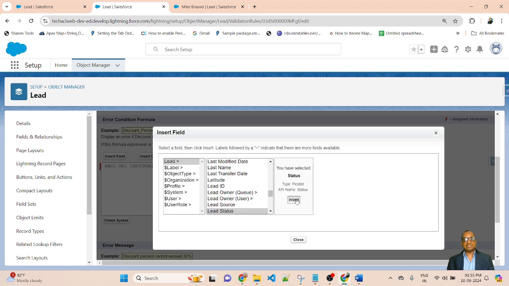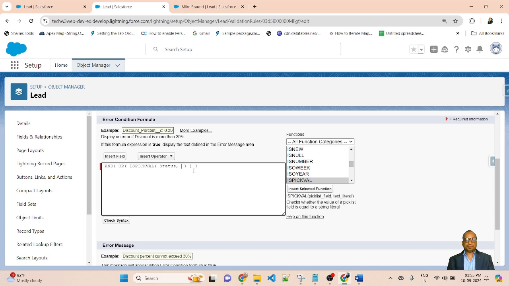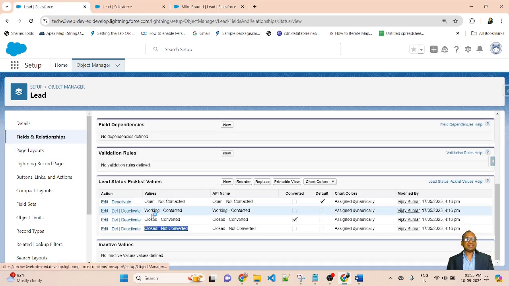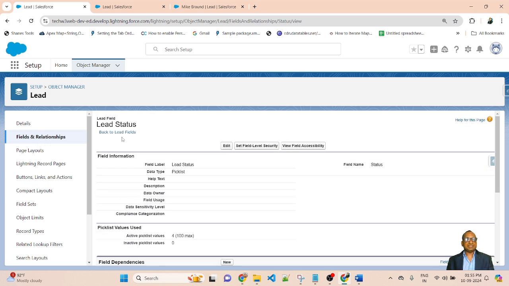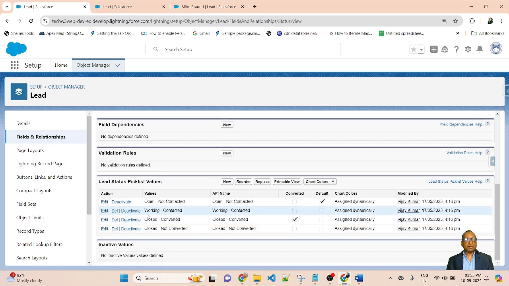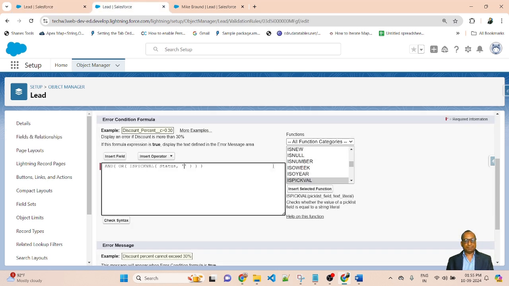This is the lead status. Insert comma, single quote, pass the value. So if you go to the field relationship, this is the lead status, and the first value I will pass is close converted. Copy and paste here.